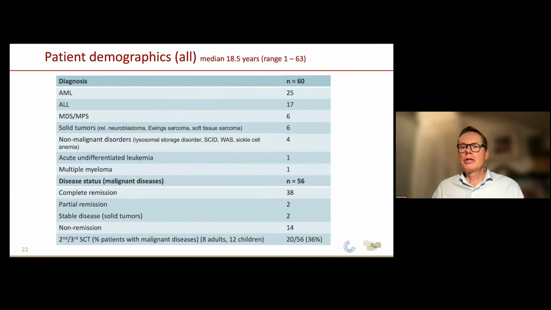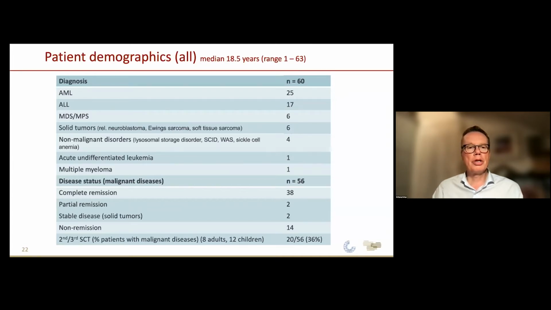But I don't want to not present also the whole cohort of patients. So here are a few slides showing also the pediatric part of the study. If you look then at the total of 60 patients with a median age of 18.5 years, ranging from 1 to 63 years, you see that clearly with the pediatric cohort, there are more ALL patients coming into